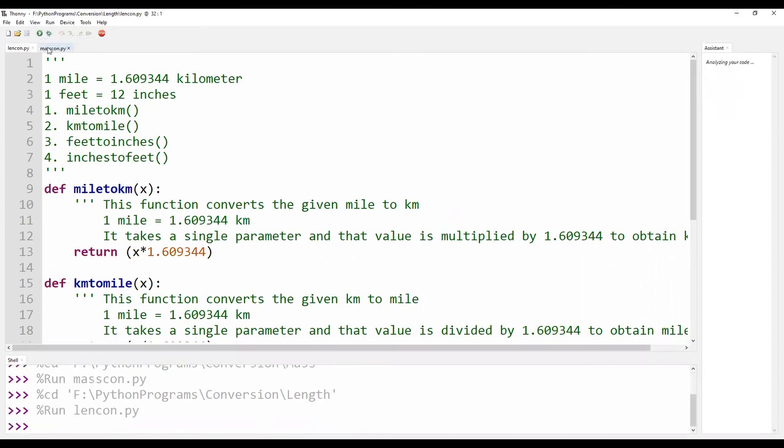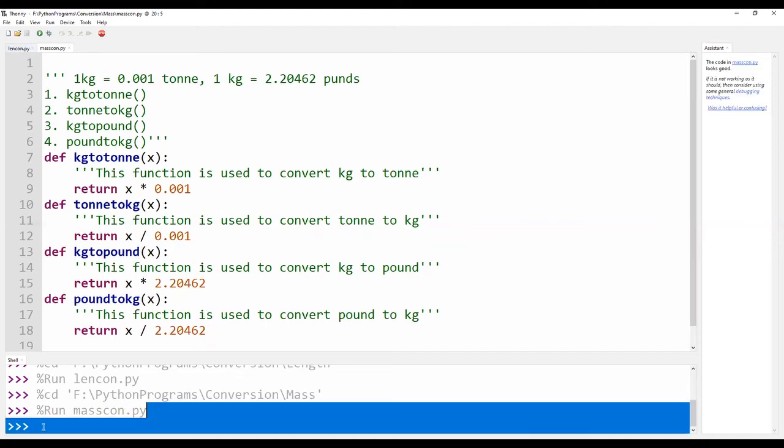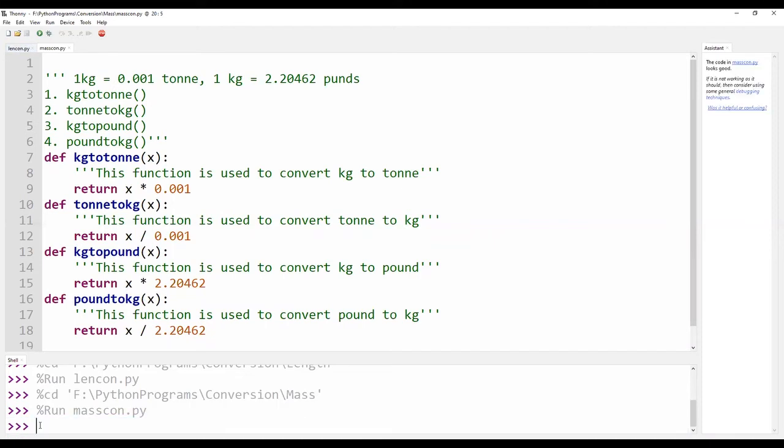Also ensure that masscon.py is saved under the subdirectory named mass. You just run the program. You don't have the function call in these two programs. Now the package has been pasted in the site-packages. Now I am trying to use import.